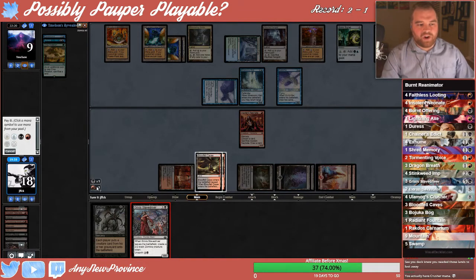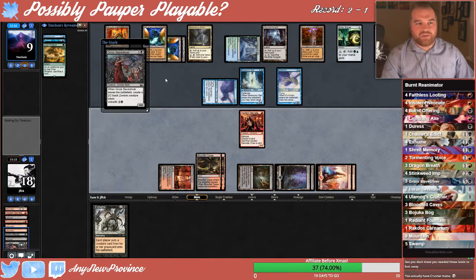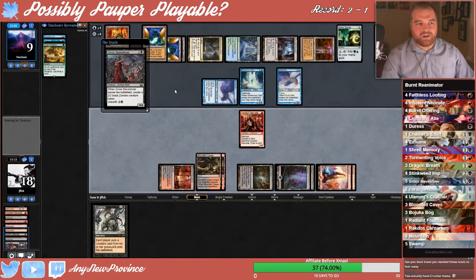It's not the worst thing to have Condescended, really. We can actually, if they Condescend here for more than X, oh, they can Condescend for 1 million. Never mind. I mean, we can do this, and if they Condescend this, how much are they going to Condescend it for? And then we can run an Exhume into their, looks